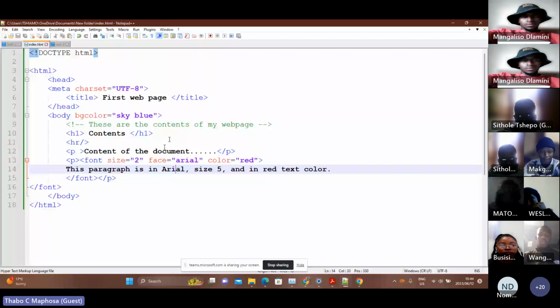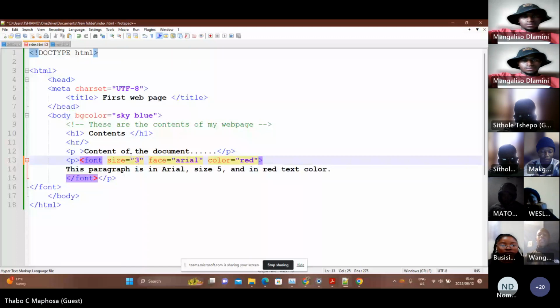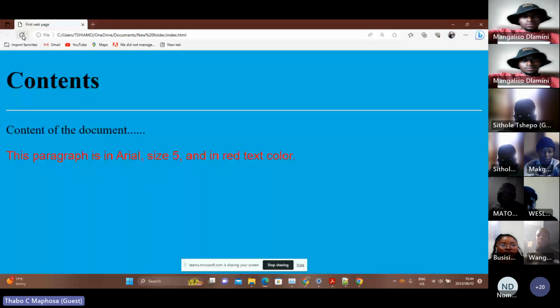I just changed the size of that code there to size 2. Notice here, and I changed the color here to sky blue, because it was blue before. I changed it to sky blue. So I just did that. So for instance, if we change this to size 3, like that, and I save here, and then I open back my browser here, and then I run this, you notice the size just increases just a little bit there.